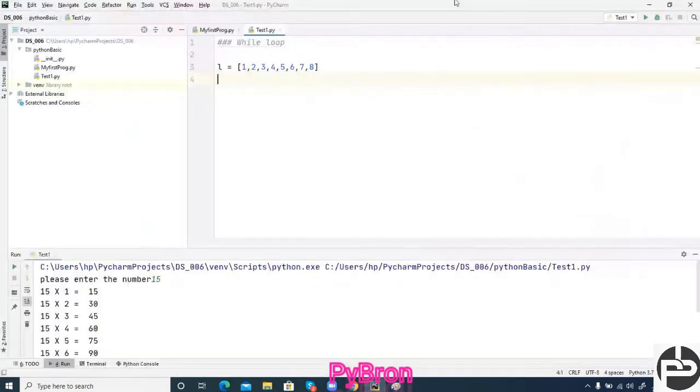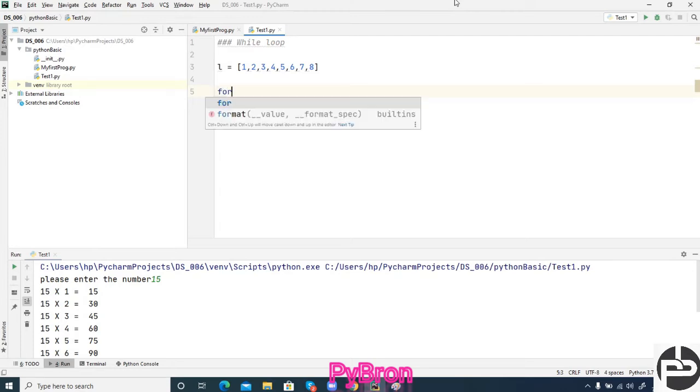Okay, now I'm going to implement the same thing with the while loop. Okay, see, some of the people will say, oh, sir is teaching simple things and giving very tough homework, right? No, it's not like that. See, if you do some hard stuff, then only you will be able to learn something. Otherwise you cannot learn.